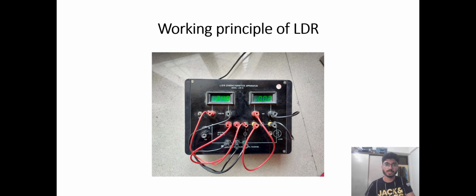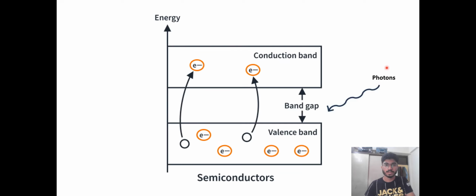Now let's take a look at the working principle of LDR. The behavior of LDR is related to the concept of energy band gap in the semiconductors and the principle of photoconductivity. It is nothing but when light falls on the surface, the material's conductivity increases. Also the electrons in the valence band of the device are excited to the conduction band. The photons in the incident light must have an energy greater than the band gap of the semiconductor. This makes the electron jump from valence band to conduction band and bridge the band gap. This process increases the number of charge carriers in the material, leading to a decrease in resistance.